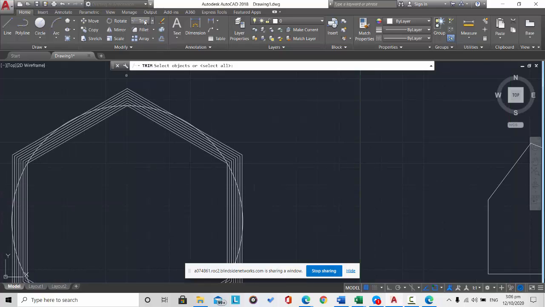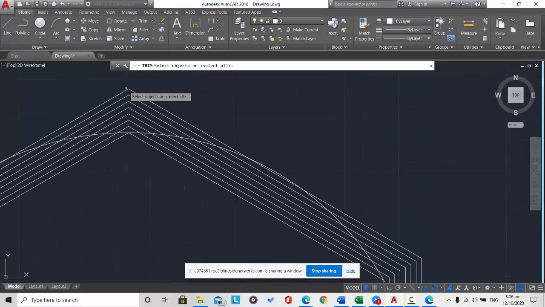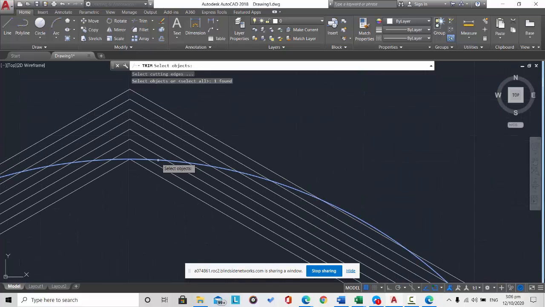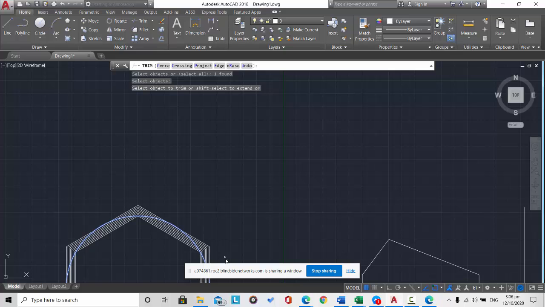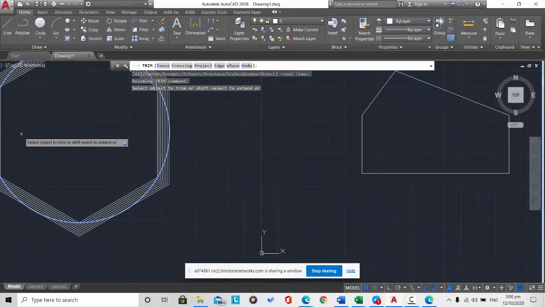Let's say trim, and then we select now our cutting edge, and then press enter. So from the cutting edge, we can choose now. You can see the circle now is our cutting edge. It becomes light blue in color, and then from there we can now choose to trim these objects, no? So we can now